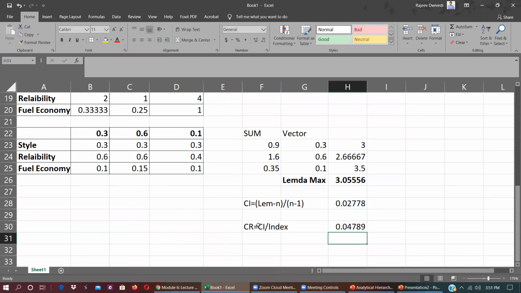Now we got our CR, which is the consistency ratio. The consistency ratio here is 4.7%, or roughly you can say the consistency ratio is approximately 5%. Now the rule is there: if the consistency ratio is